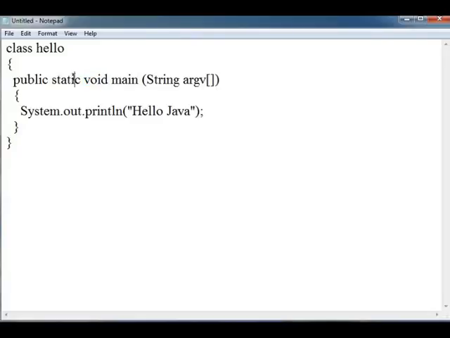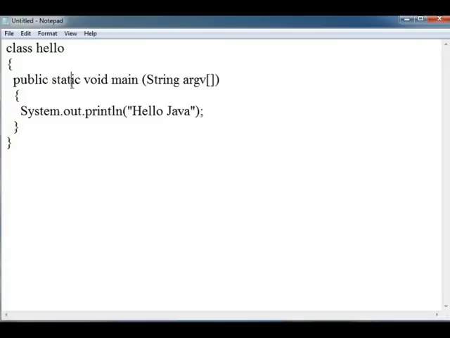Before this I have used two keywords, one is public and another is static. Why have I used these two keywords? I have used public because the JVM is going to call my main function from outside the class and package. So it needs to be public so that it can be run outside my class. That is why I have to make my main function public every time.